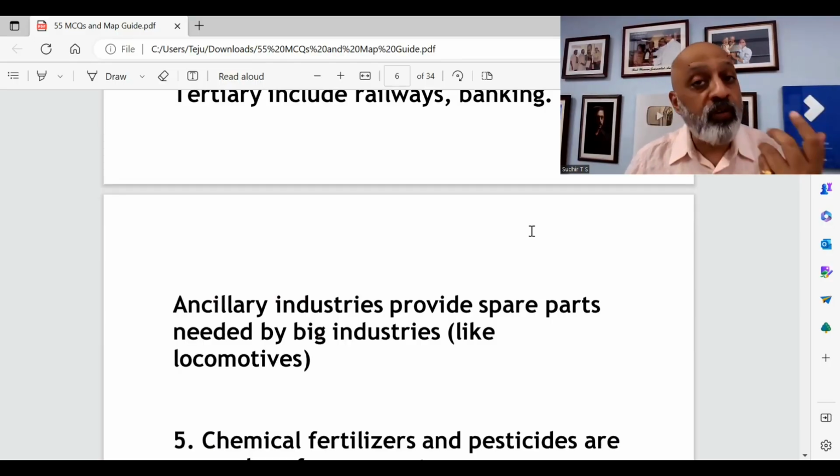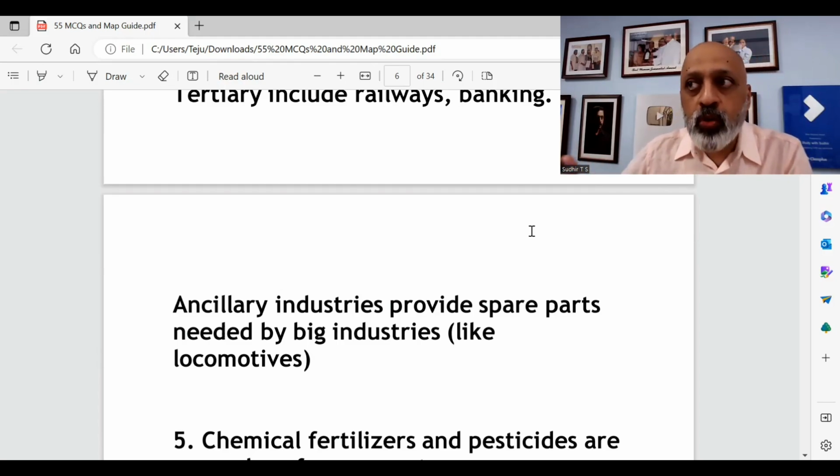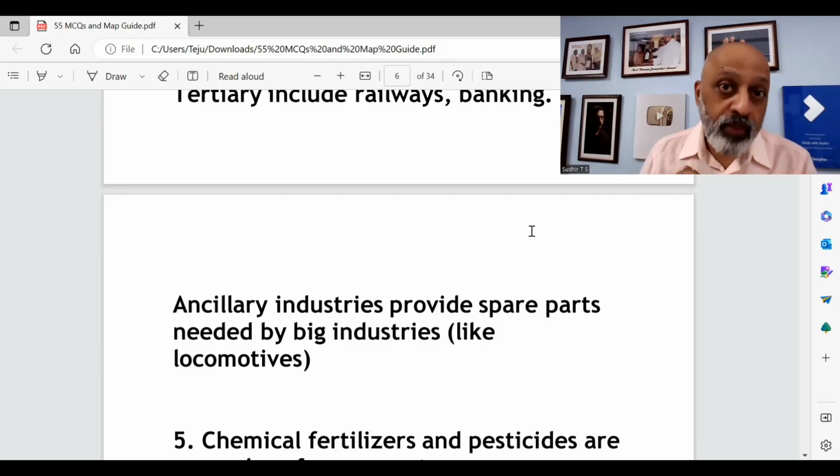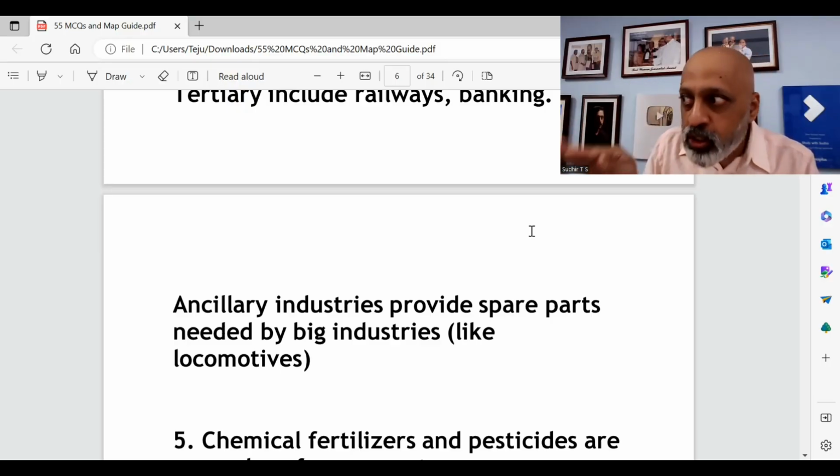For example, if you have ever gone to a place or if you have heard of a place called Sriperumbudur, it's on the outskirts of Chennai, right? Now that's a major ancillary industry town because it is very close to all the big ऑटोमोटिव कंपनीज लाइक Hyundai का बड़ा प्लांट है वहां पर. सो अगर गाड़ी बनानी है, गाड़ी का हॉर्न कहां से आएगा, headlights, where will it come from, the brakes, where will it come from? Hyundai or any other car manufacturer will not be making all these small things.